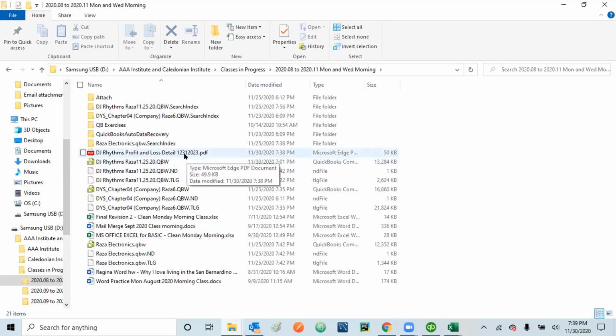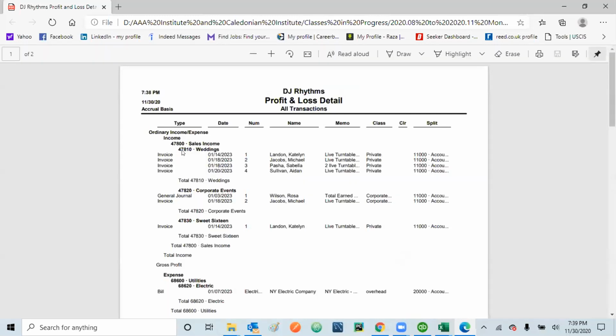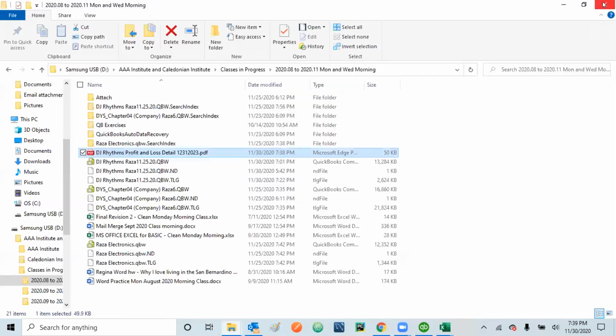Let's say if someone wants to open it, one more thing: sometimes we make mistakes in the date, 12/31/2023. Now that the report is saved, I can also change the name of the report. I can also delete or add something. Right now I don't want to do it, but I just want to show you. Once I've done it, I can open this report again and present it to the auditors or management, and submit the report for the management. So that's how you can work with the reports.